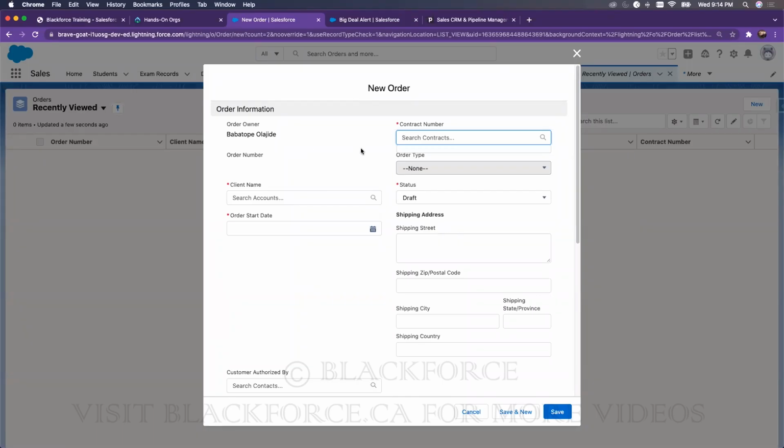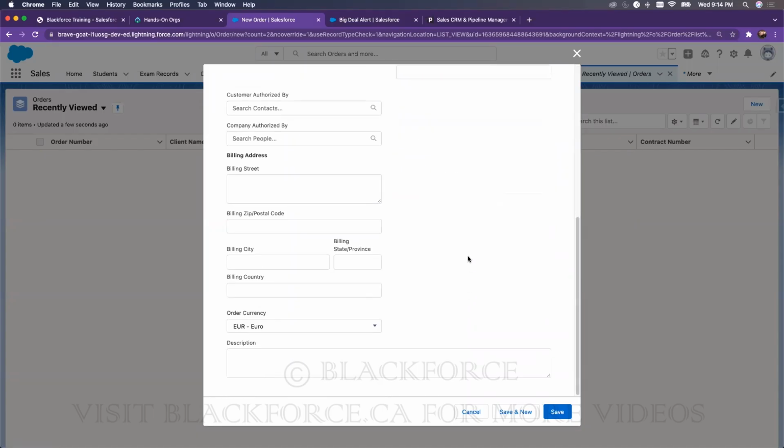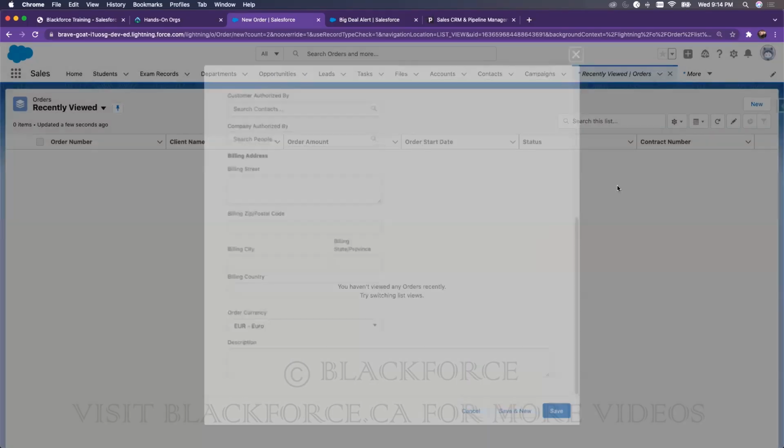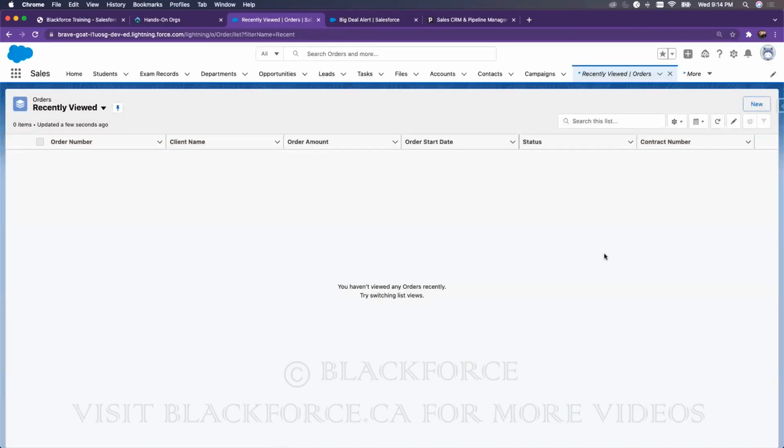But remember, an order requires a contract number. So without the contract number, you cannot create an order. And that's how Salesforce gives you the opportunity to use the inbuilt objects to manage your end-to-end flow on the Salesforce platform. And one last thing before we end for tonight is